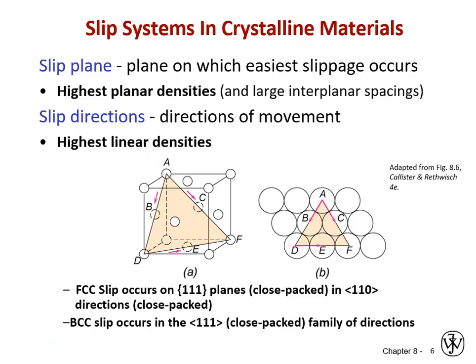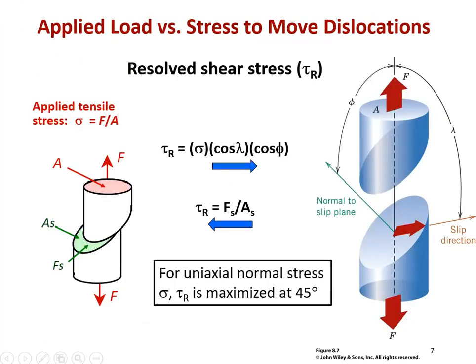And that's very good for us because BCC includes iron, which requires a lot of deformation, and quite often we would like a high yield stress. Okay. Now, so far we've been talking about shear stress for a single crystal or even a single dislocation moving